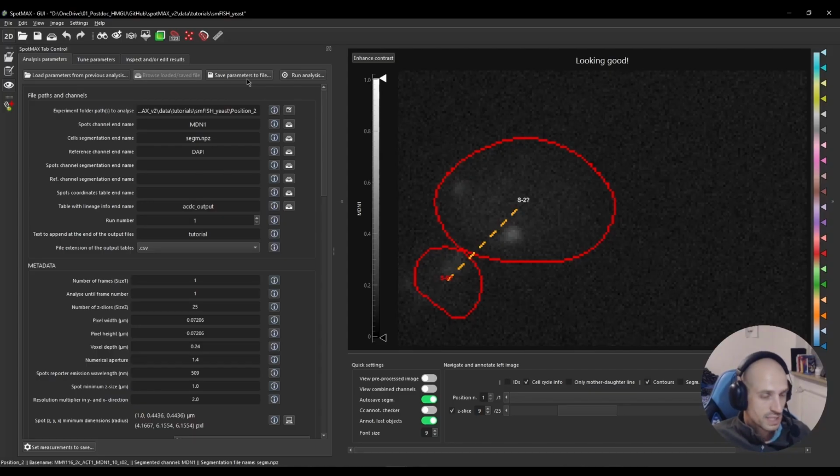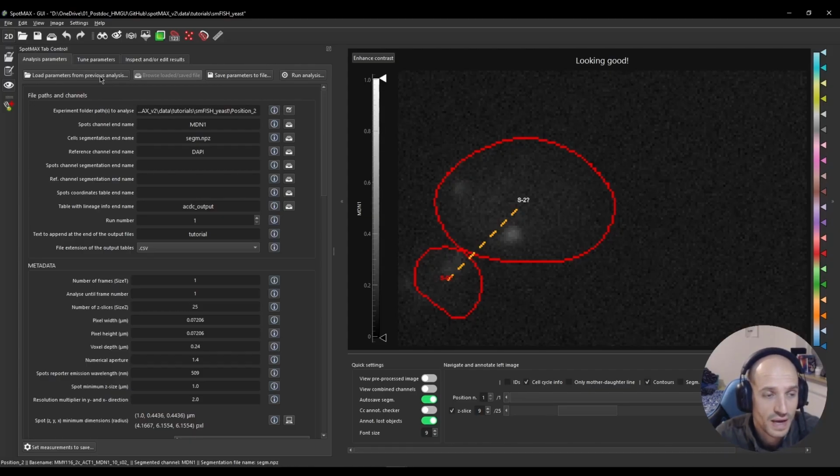The parameters will be saved for each run number, so you could have this master file where you just go in, because it's way easier to change a single parameter from the file directly with Notepad instead of opening up the GUI just to change a parameter. And once saved, you can also load them. As you can see here, load parameters from previous analysis. You would select a file, and actually I think in the tutorial we have some files already